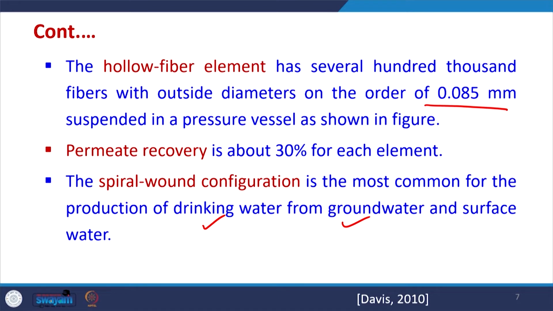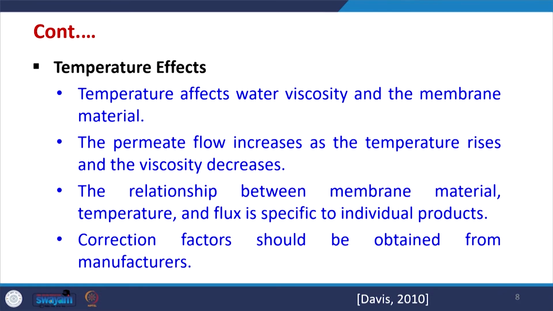Also from groundwater, for surface water also we use this configuration in detail. Now, there are different effects which are there. So, earlier we have seen that the temperature affects the membrane performance of ultrafiltration, nanofiltration and microfiltration. For reverse osmosis also it is the same, because the temperature affects the water viscosity and